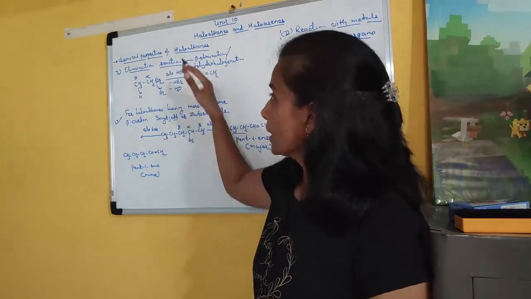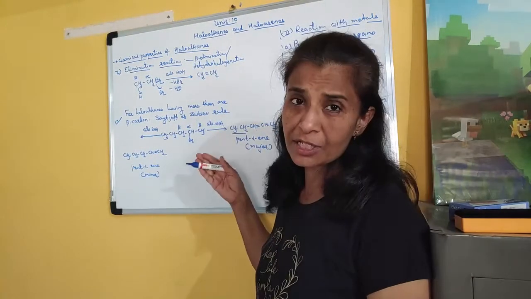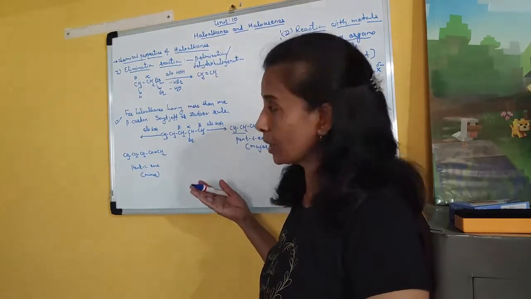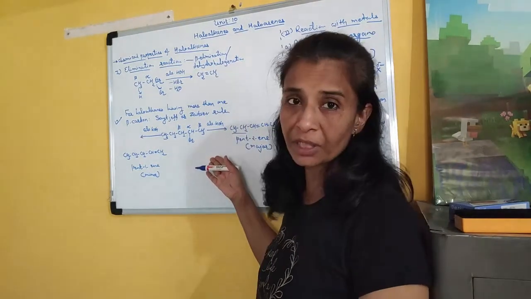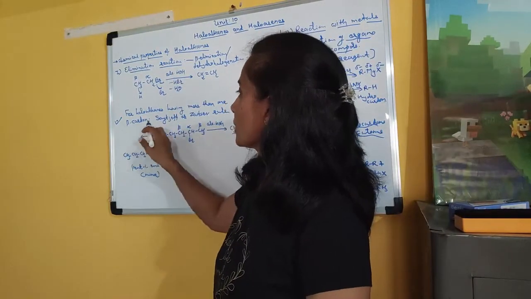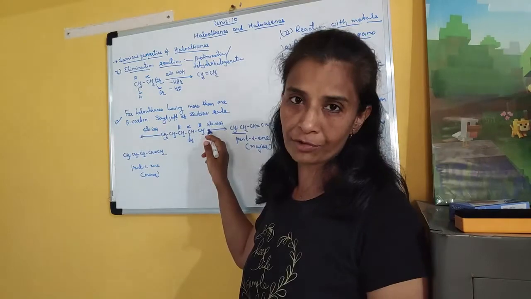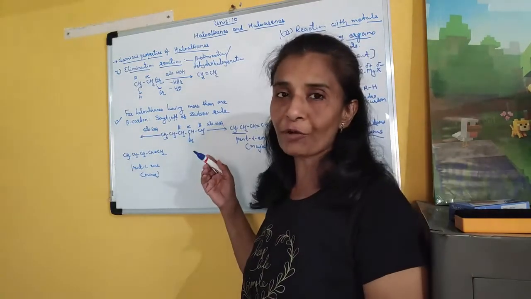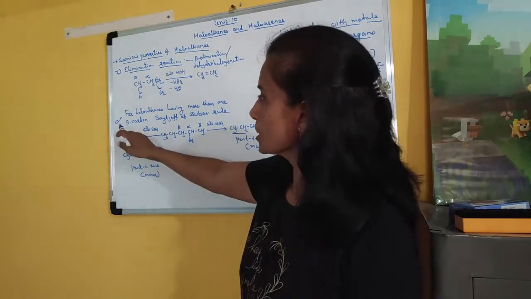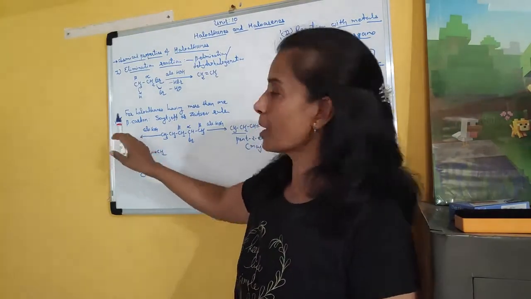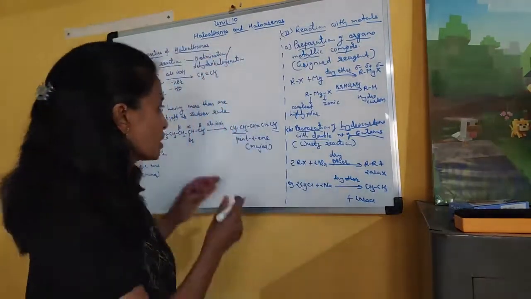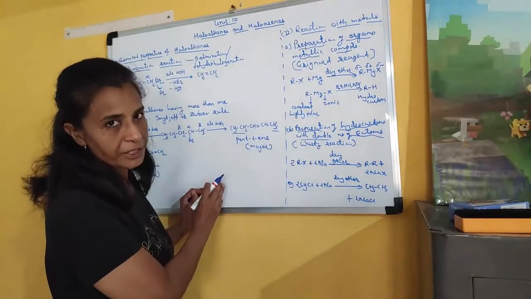Clear? So in beta elimination reaction, suppose you are asked a short note on beta elimination reaction of haloalkane, you have to explain both the cases. Clear? But the Zaitsev rule, or Saytzeff rule, is again very important for 2 marks, so it can be asked as a separate question also. Clear? So see, here I have put an important tick mark because this particular topic is very, very important. So this is about beta elimination reaction.